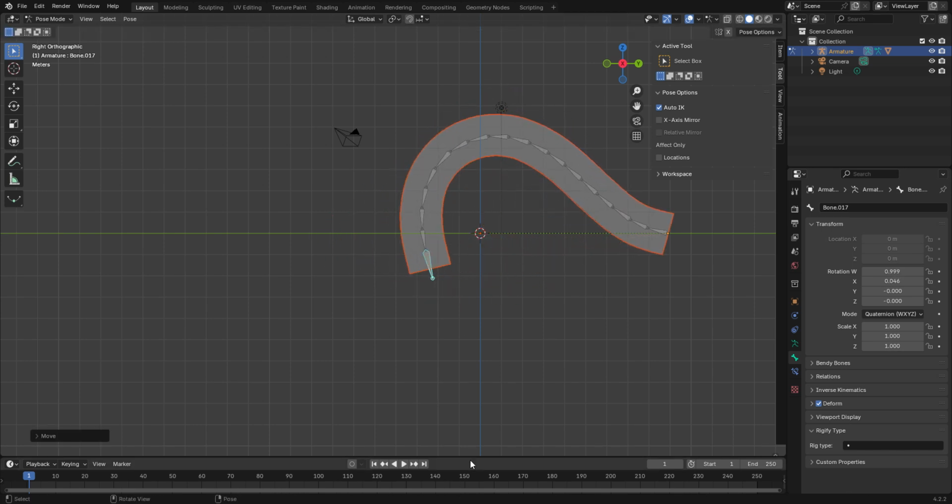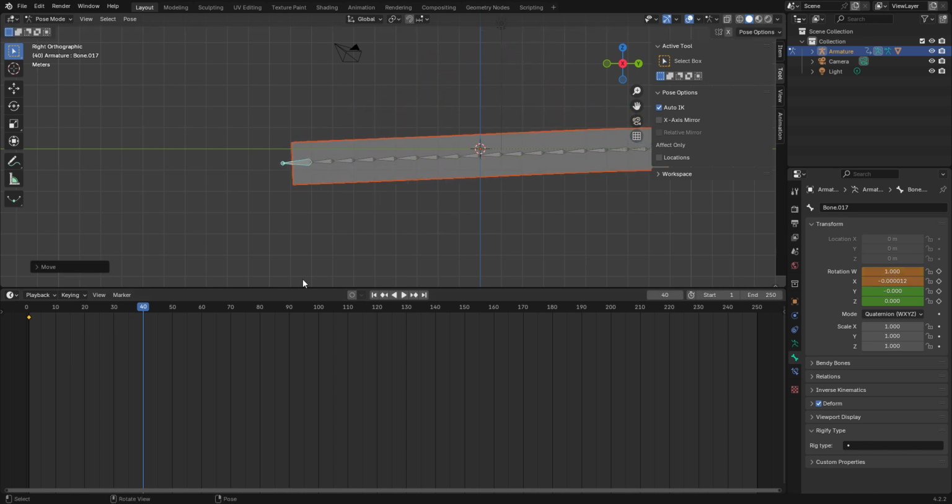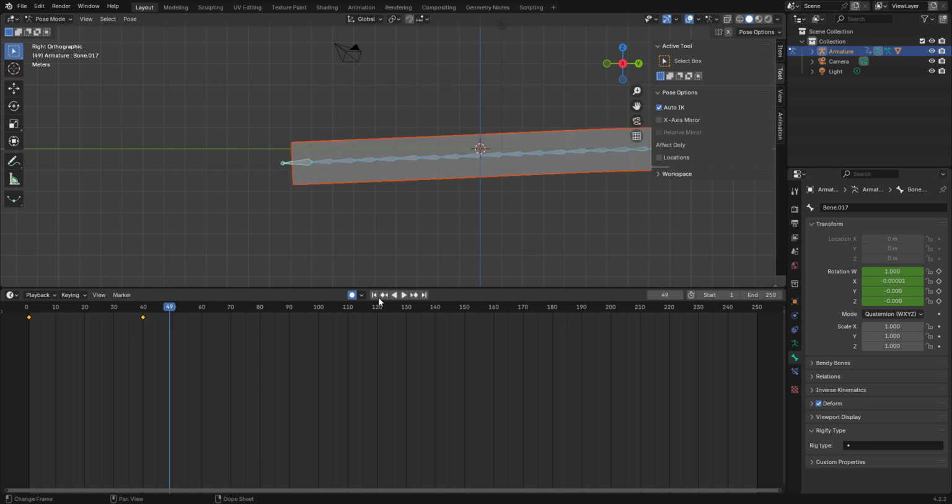If I did want to record this, I'm just going to go into my timeline view. I'm going to turn this on. I'm going to press A, G, and click. You'll see that we have that little node right there. Now, instead of moving that around, I'm just going to move this over here. I'm going to press A. Let me turn this automatic on. I'm going to press G, click. It's pretty easy to move this around. Of course, I can